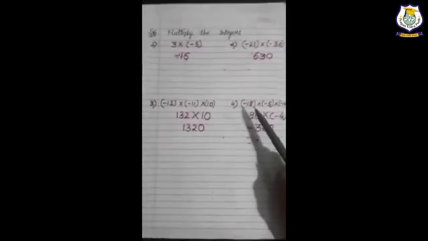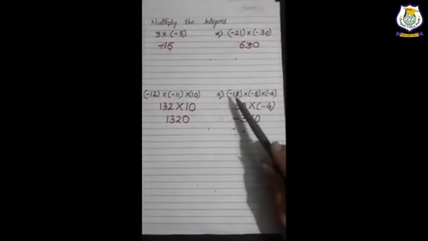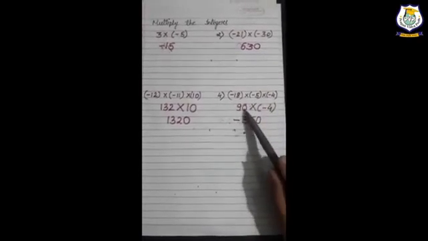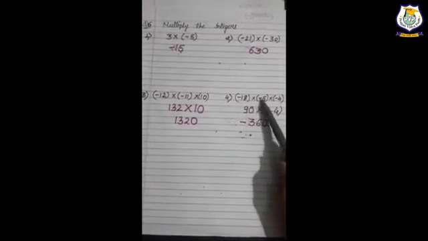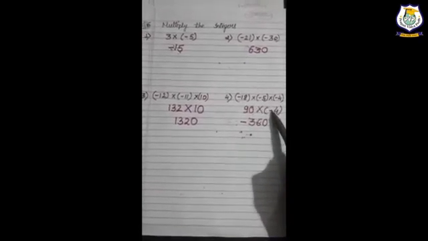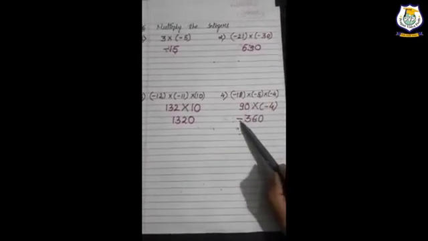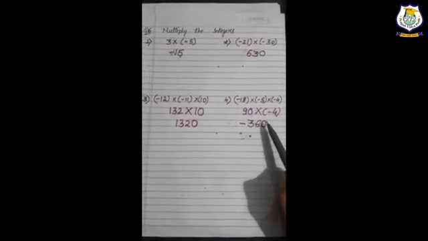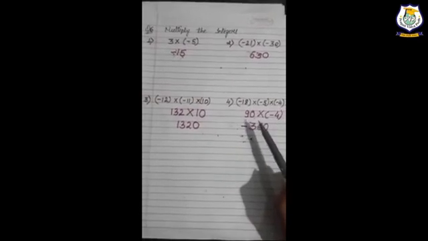Now we will come to our fourth example. Minus 18, minus 15, minus 4. All three are with the negative sign. We are multiplying 18 multiplied by 5, 90. Minus minus is positive because the same sign is there, so the answer will come with the positive sign. Multiply minus 4, right? 90 multiplied by 4, 360. One is positive, one is negative, so the answer will come with the minus sign. It's minus 360.